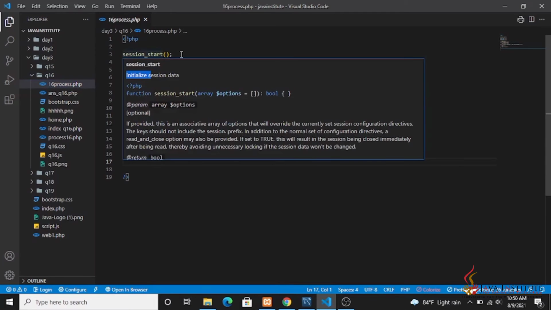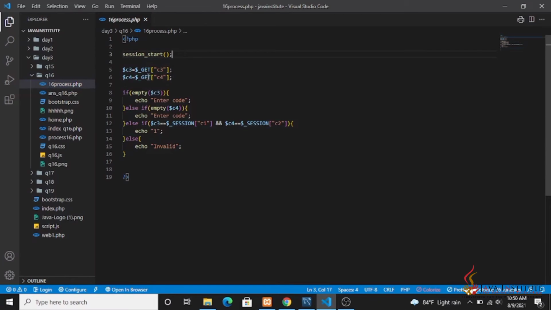the session start at the topmost of this file, and then I have gained these two values to these two variables, and as usual I have checked whether these two fields are empty or not, and then I have checked in the else if, whether these two variables are equal to the variables that I have set in that session, and if it is the same I have echoed 1, and if it's not equal to the two sessions that I have created before, it echoes invalid.